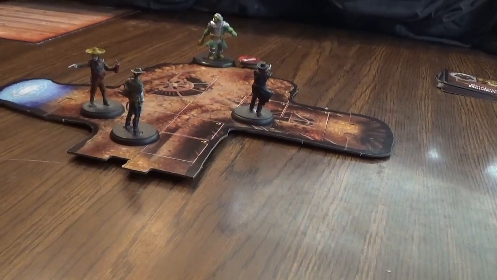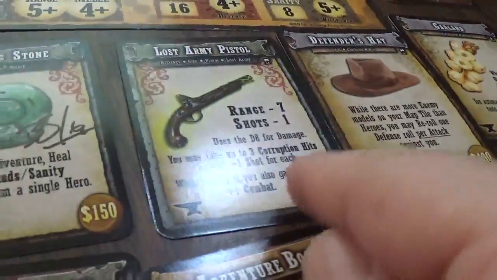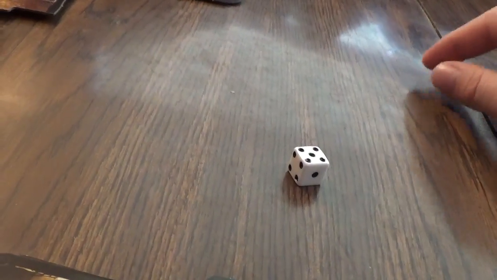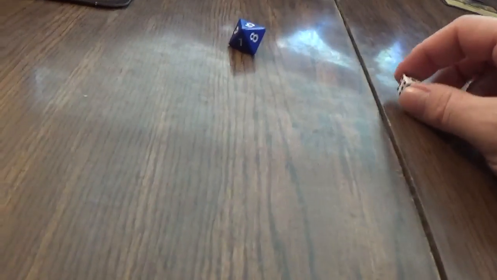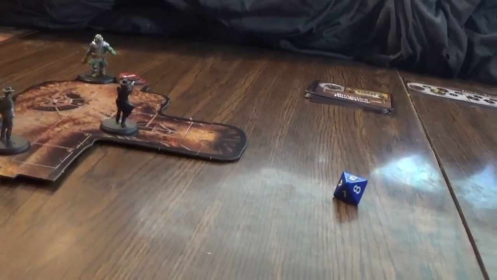Now the 1 pistol does the D8. The Lost Army pistol does the D8 for damage. So we'll see. Okay, well, I got a 5 and a 1. Huh. Okay, well, that's 1 hit. Let's see what I roll for damage. 5. That would not be enough to kill him. So what I'm going to do is I'm going to